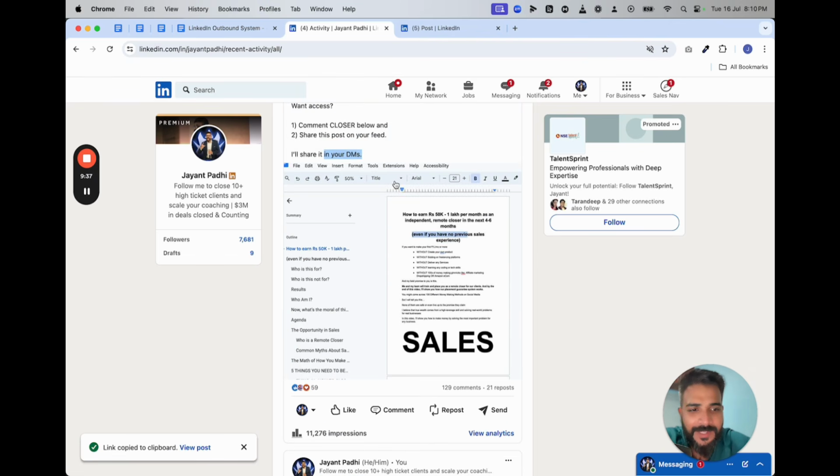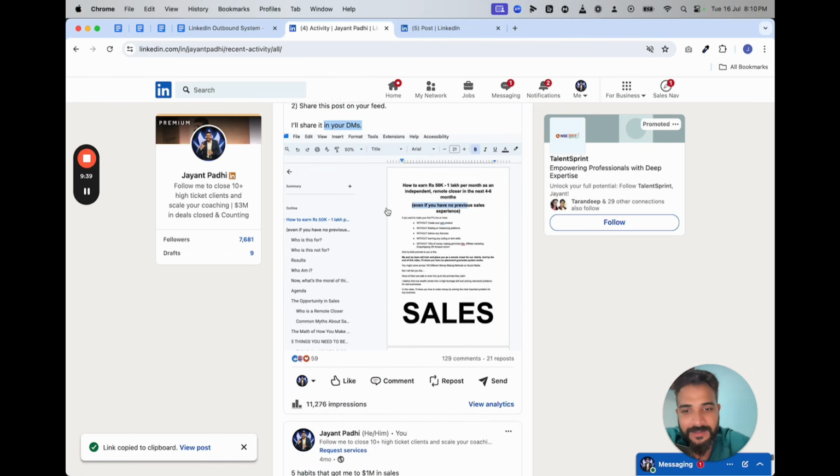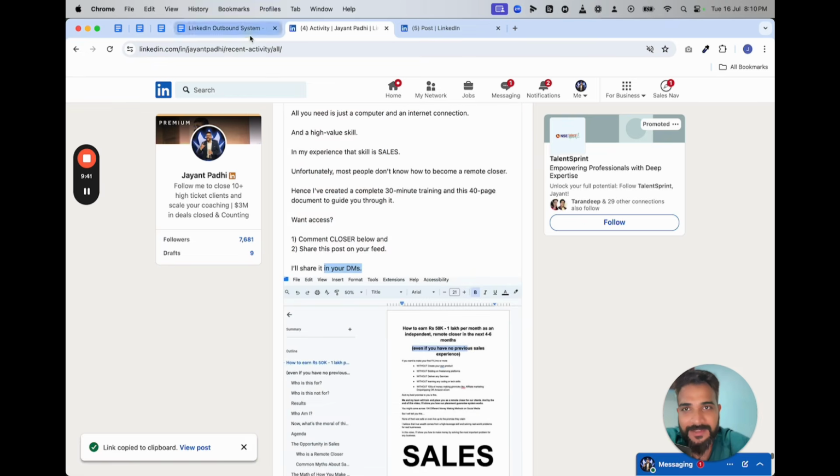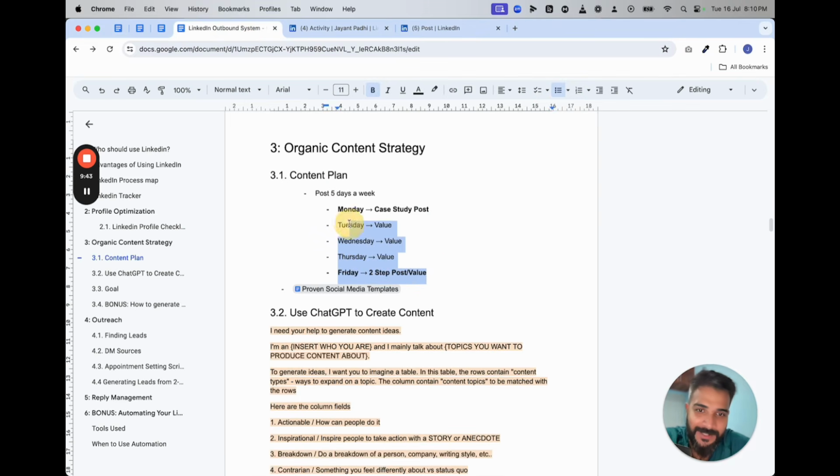So these were a couple of 2-step posts that I used to get a lot of clients earlier. It was a little bit chaotic. Almost every day I would post something like that. But I realized if you keep asking for leads, then the leads dry up. So nowadays, every 5th day I'm posting a 2-step post, kind of merging with Monday. And then every other day I'm posting value.